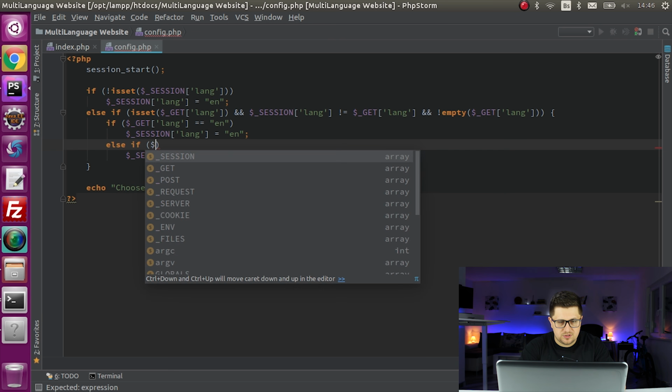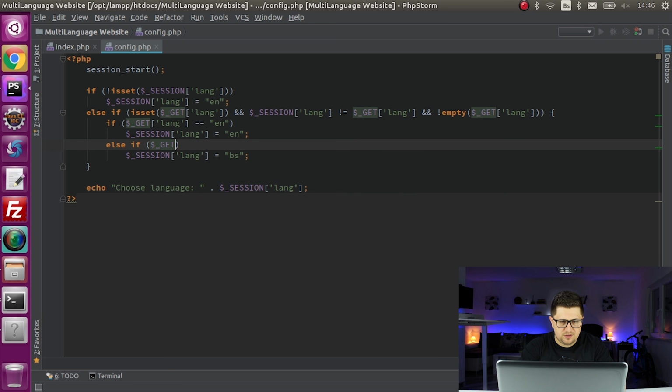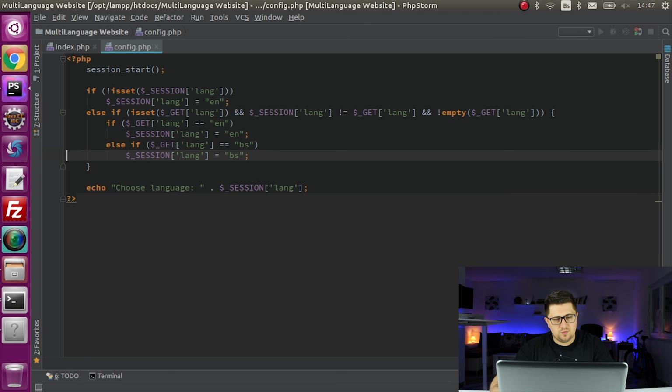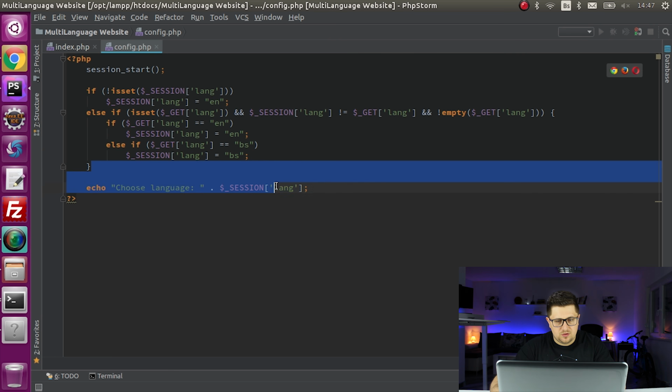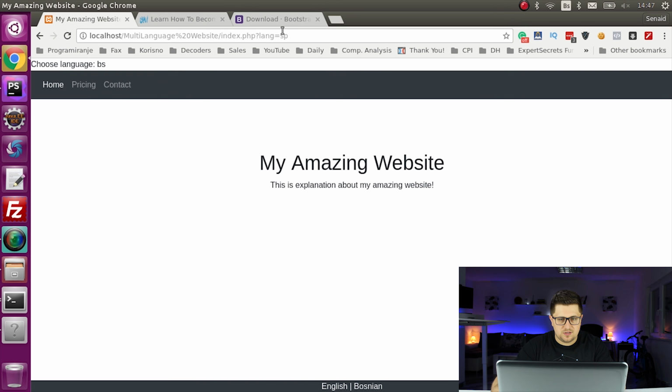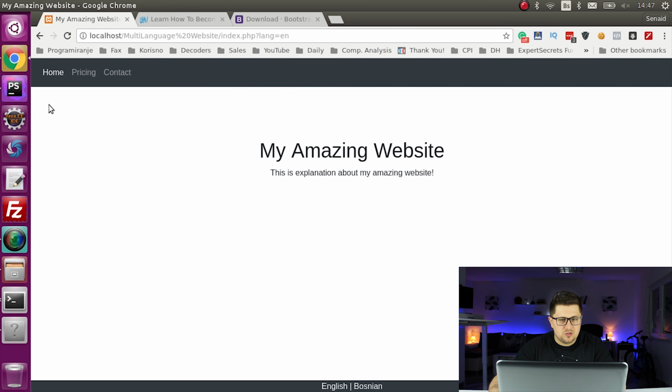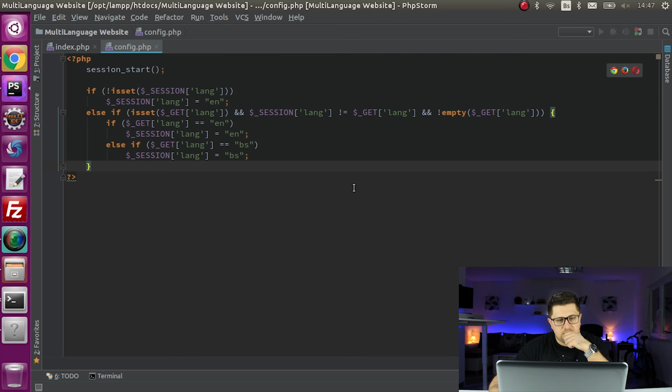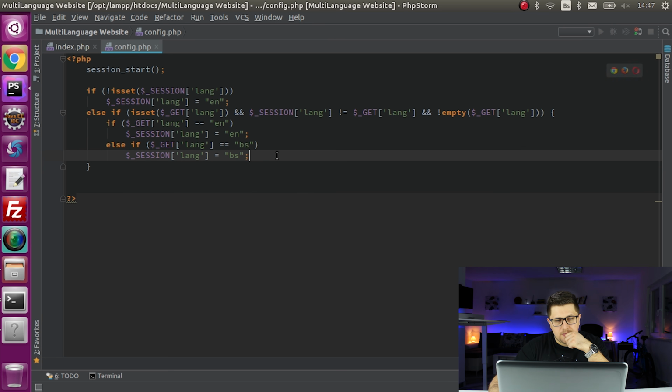Here we should say if get language equal Bosnian. Okay, just to make sure that it's not possible to cheat, and that's it. So we will set it to English for now. Okay, and that's it. So now the next thing that we need to do is just to load this saved